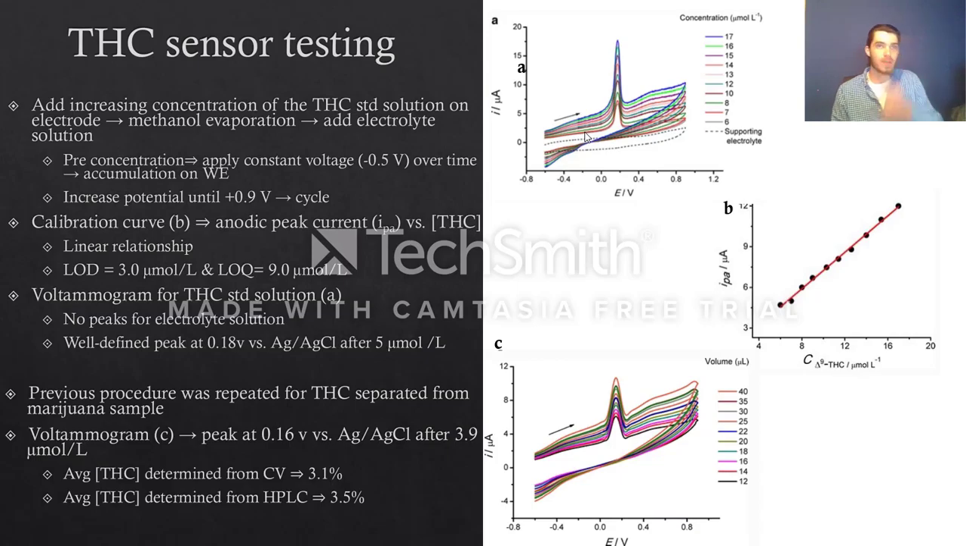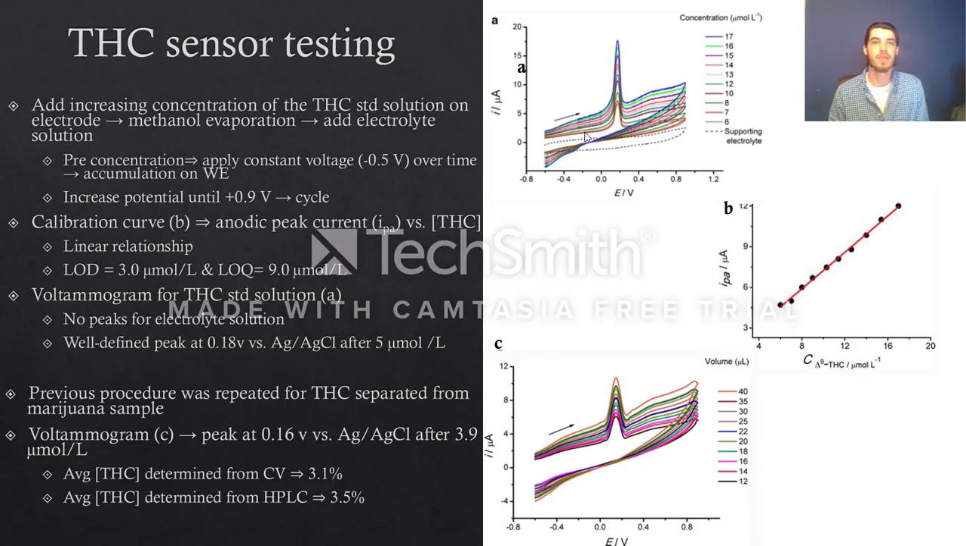Also, the electrolyte solution showed an expected behavior as it did not produce any peak signals in the graphs, like in graph A, proving that it is inert in the range of the experiment. A well-shaped peak was observed after the addition of 5 microliters of the standard solution, which gave an anodic peak current at 0.18 volts versus the silver chloride reference electrode, which corresponds to the oxidation of the phenol group on